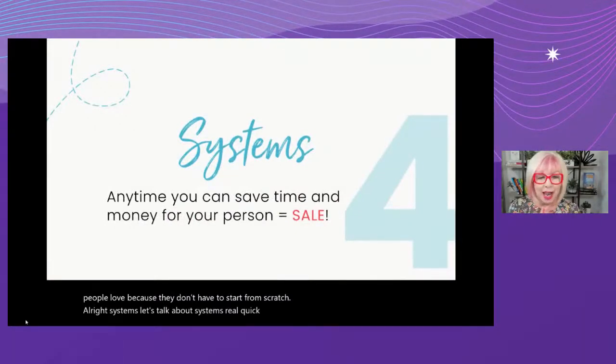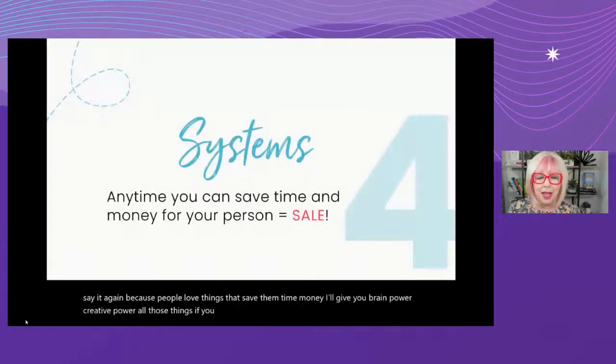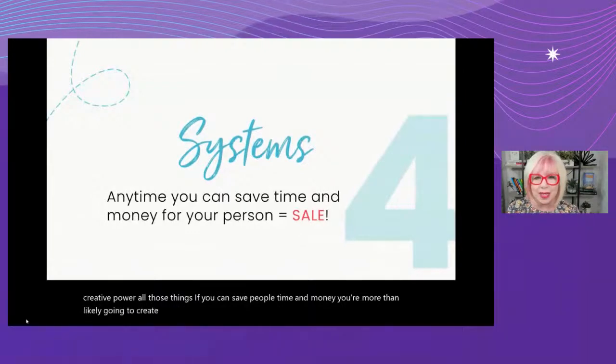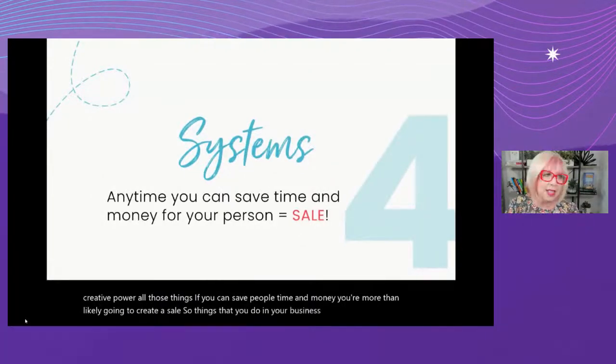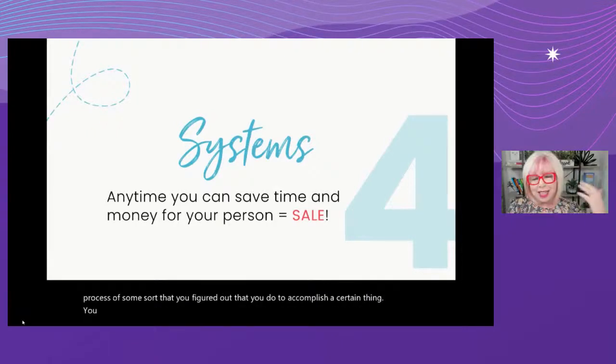Now, I've said this before, but I'm going to say it again because people love things that save them time, money, brain power, creative power, all those things. If you can save people time and money, you're more than likely going to create a sale. So things that you do in your business, if it's a checklist, if it's a process of some sort that you figured out that you do to accomplish a certain thing. If these are the 10 steps you take to create a Facebook ad or whatever,